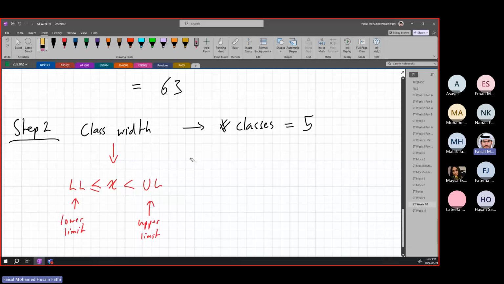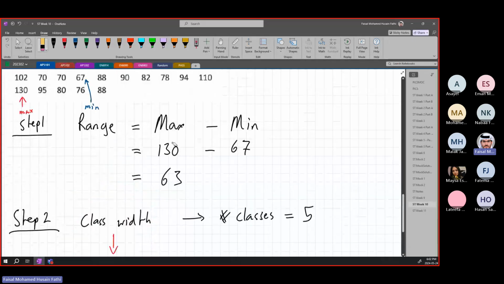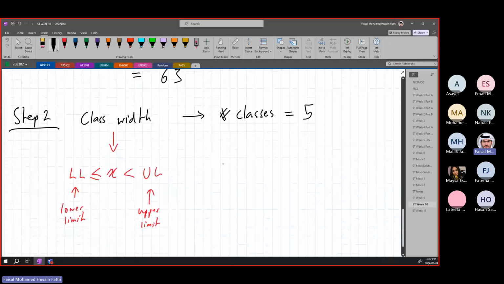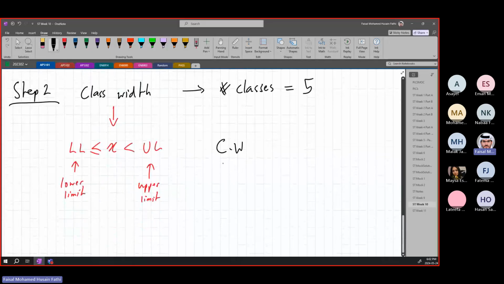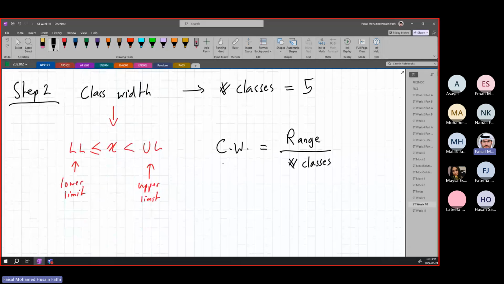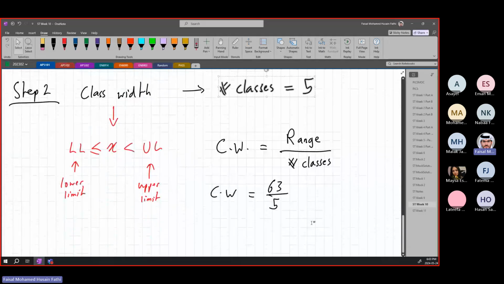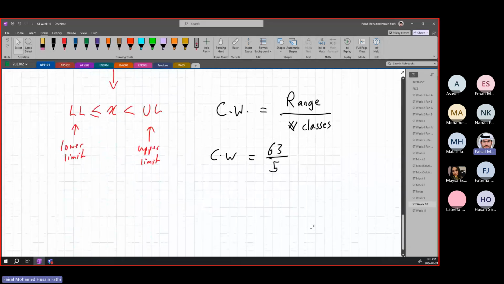So we need to find the class width. How do we do that? Now that we have found our range early on in step 1, the class width, CW, is going to be equal to the range that we found from step 1 divided by the number of classes that we need to find. That easy. So the class width in this case is going to be equal to 63, which is our range, divided by 5, which is our number of classes. This is what they call the class width. If we put that into the calculator, we're going to get a value of